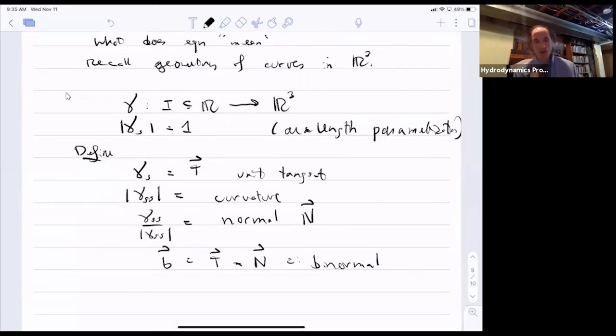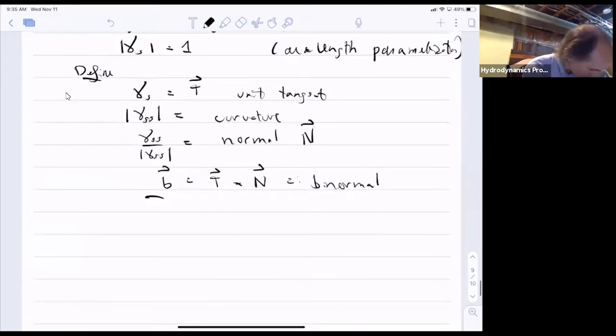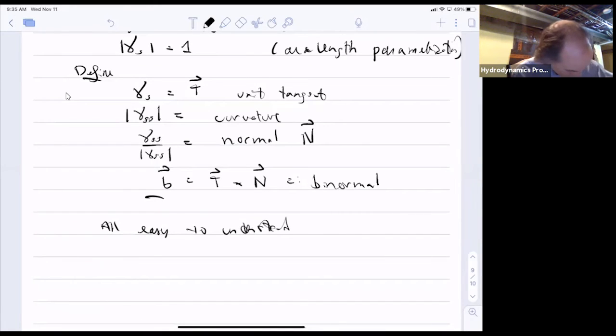Okay, and so all of these quantities are obvious, all easy to understand. If the curve gamma